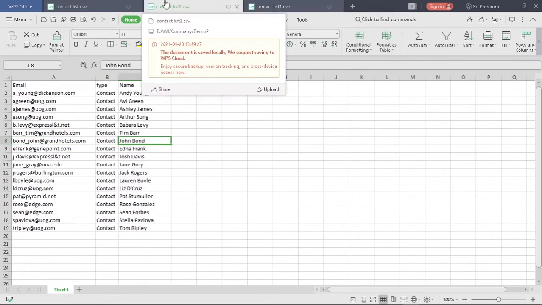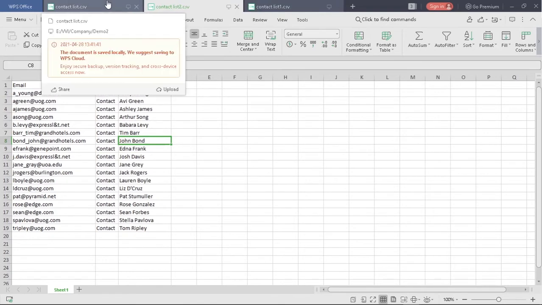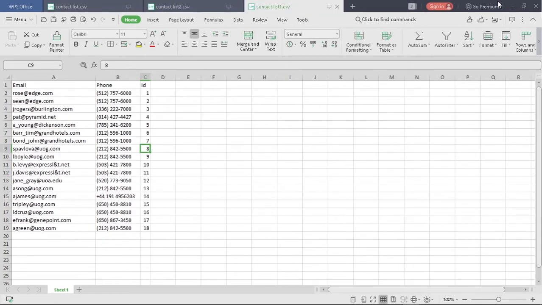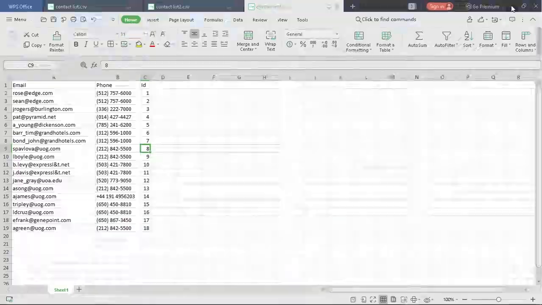So what would be the final type of document? Here I'm showing you, this may be the final type of document. Here all of phone, ID, type, name are given, and email is also given here. So I want this type of file by joining these two files. Okay, so that's our target.